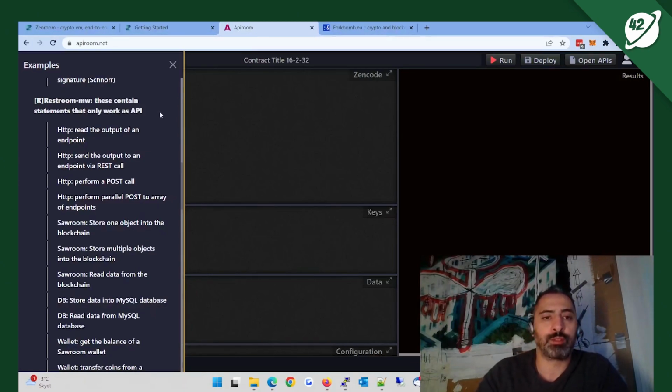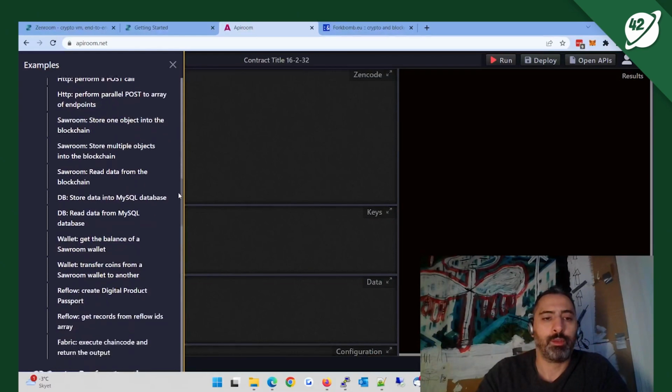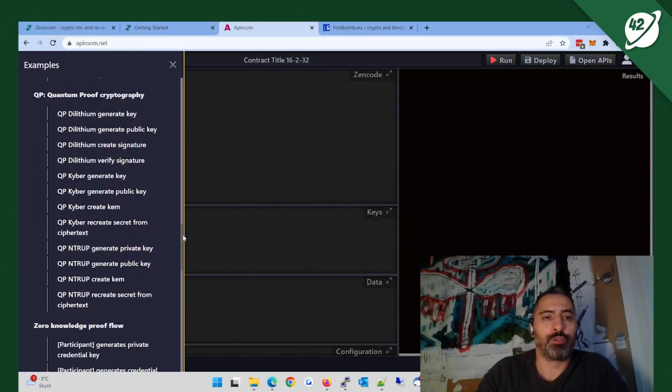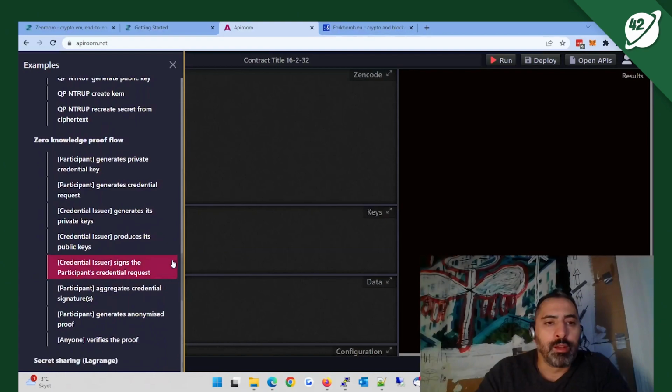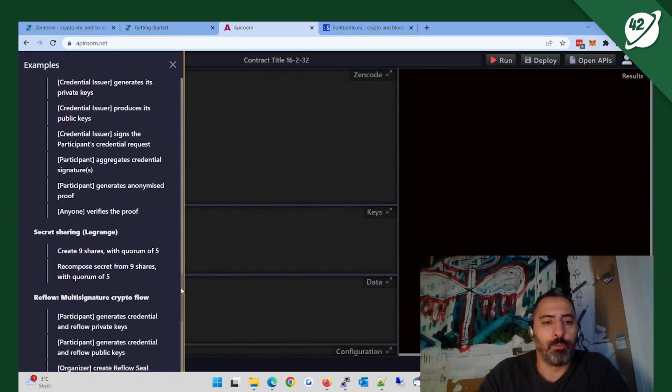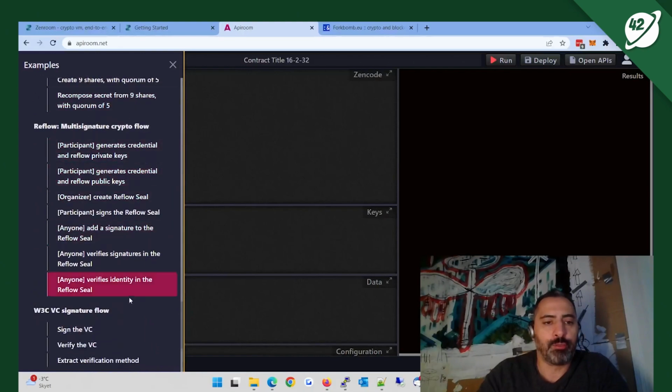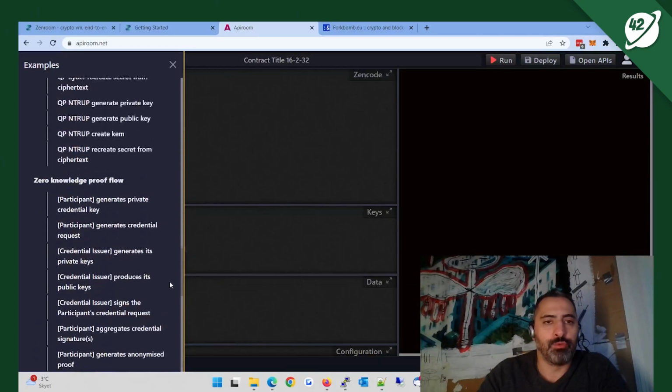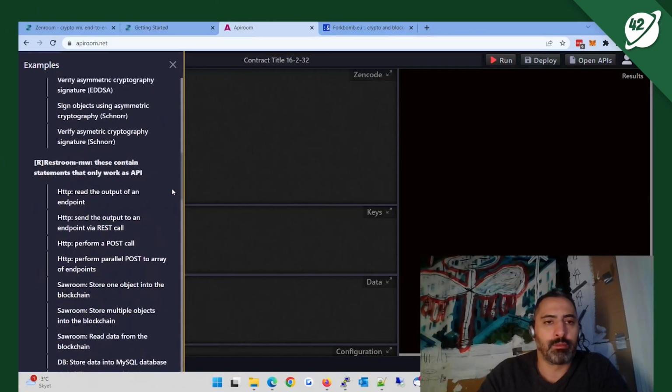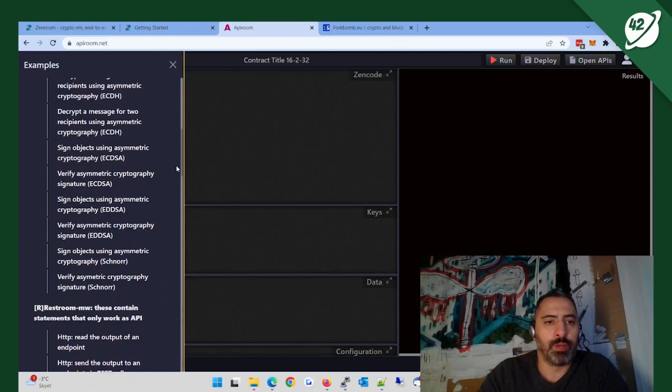I'm going to go back to this. You have a quantum-proof section, so Dilithium signature and key exchange mechanisms such as Kyber and Interop. Our zero-knowledge proof, ZK-SNARKs flow, multi-signature, and verifiable credentials. So I'm going to jump to an example that can be easy to use by most